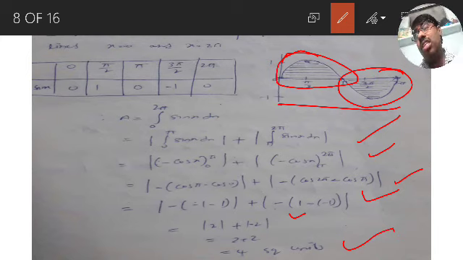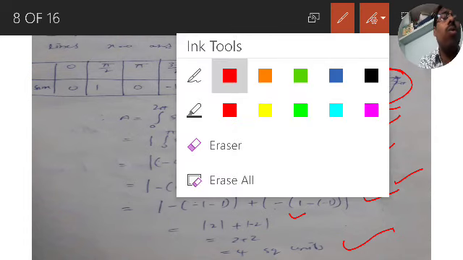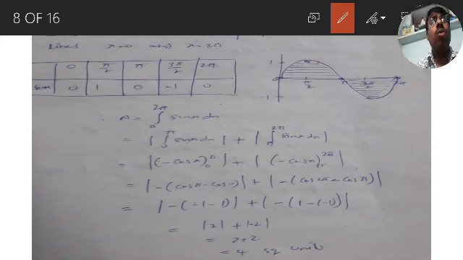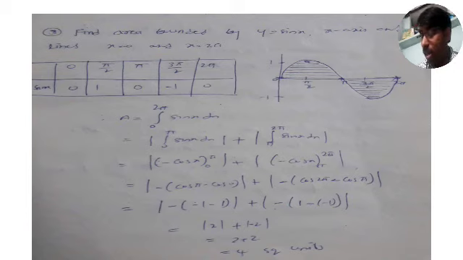So whenever the function is sin x or cos x, don't directly apply the formula integration a to b f of x dx. Your mind should tell you to identify that the sin x graph or cos x graph crosses the x-axis a number of times. That's why we cannot take the integration on the total interval. We have to take sub-intervals where the curve crosses the x-axis. Are you getting? So this is what you have to remember. This is the third problem I covered. So let us move quickly to the next problem.